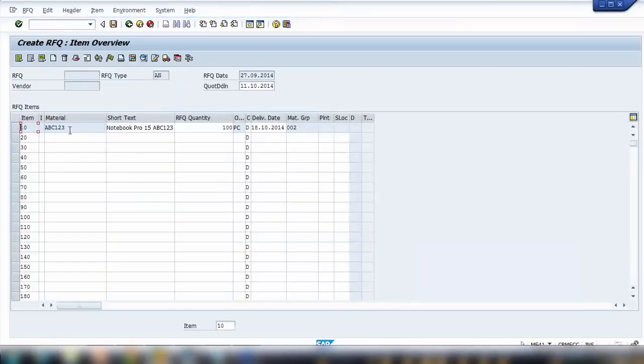Okay, looks good. So here I'm just entering one material. You can enter as many materials as you want. You can enter more than one material here. Okay, now we need to assign it to a vendor. So to find the vendor here, click on this button on the top, vendor address,